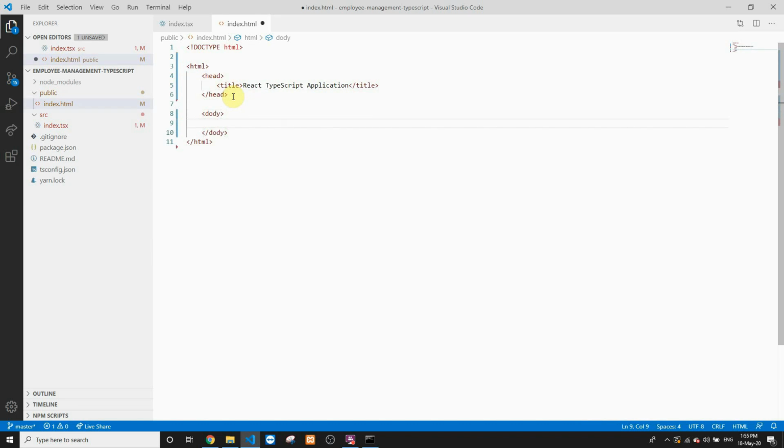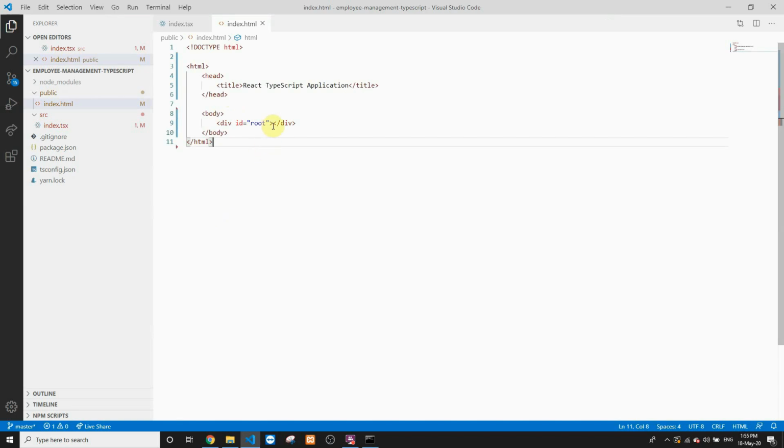Inside this body, we need to have a div. This div should have an ID, so we can put an ID of root inside this particular div. So it's just the basic HTML that we have, containing an html tag, certain headers, and the body tag. So let's get back to the browser and see what we are getting rendered over here. So now we have an empty page getting rendered.